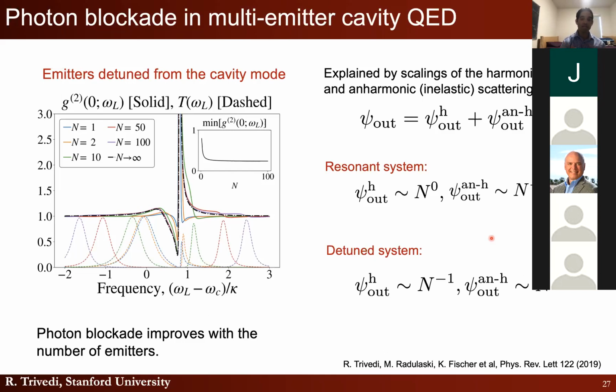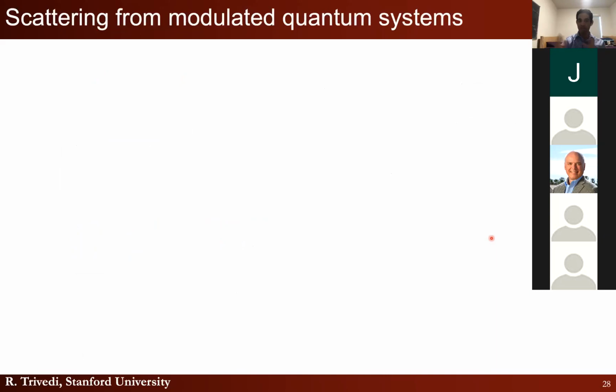And of course, this had consequences. Because the harmonic and anharmonic contributions were both scaling with 1/n, it would mean that the transmission through the system was becoming smaller and smaller. So there was a trade-off between how good your photon blockade could be and how highly this system can transmit photons through it. So this is where I would like to end the story of this multi-emitter cavity QED system,